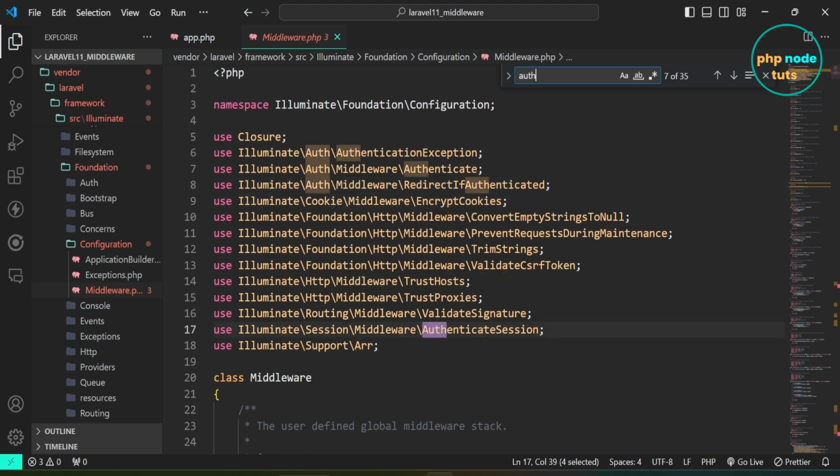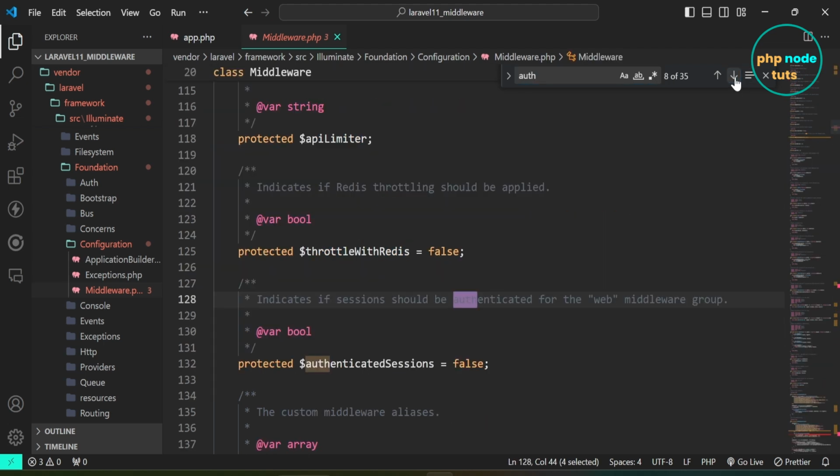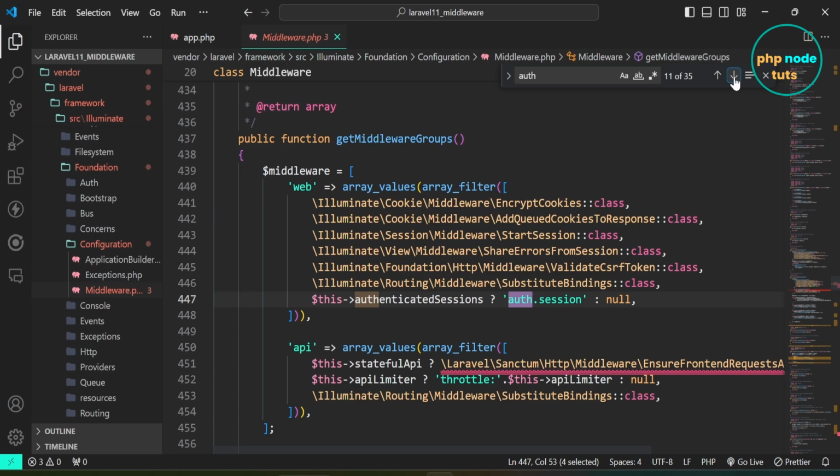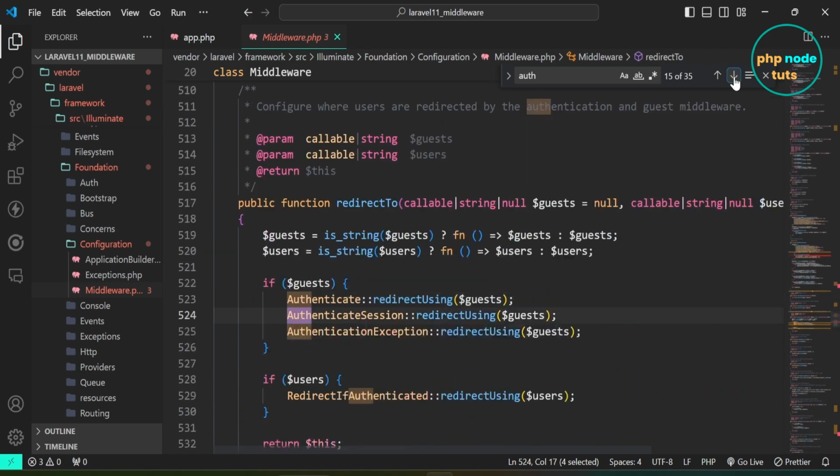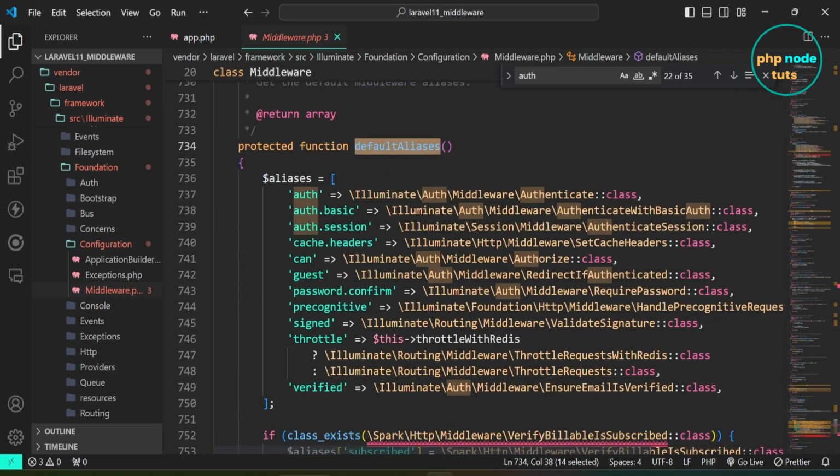Now, press Ctrl+F and search for auth. Click on the down arrow. Here you can see the defaultAliases function defines all the default middleware aliases like auth, auth.basic, auth.session, cache, cache.headers,